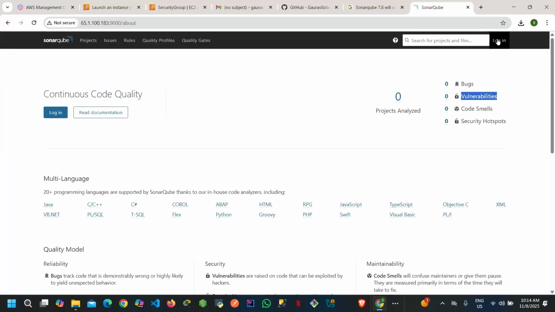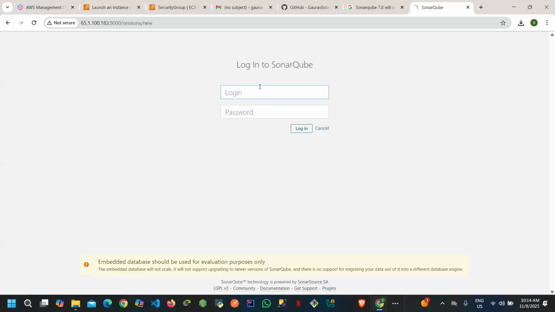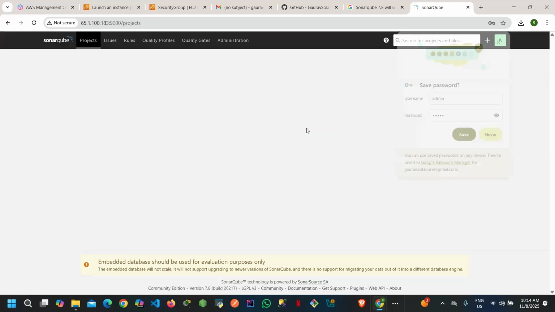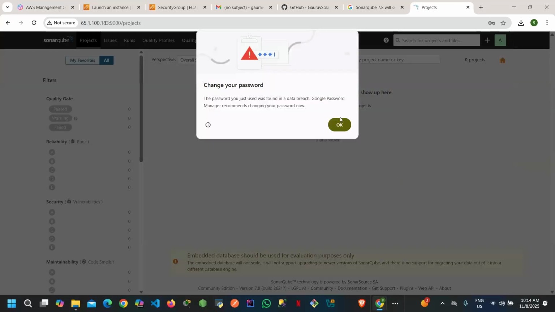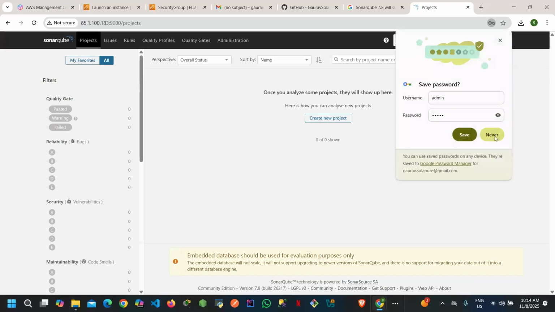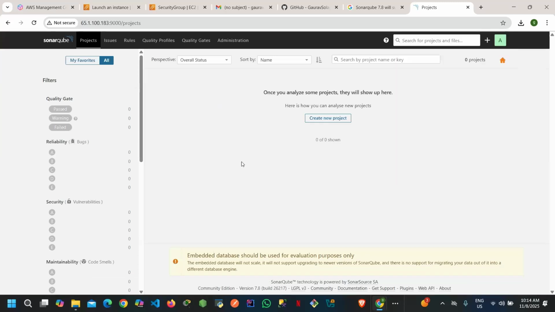Now let me log in. You can do it with admin and admin. Just click on login, guys. Right? Are you guys clear about this point? Everyone, this is our SonarQube, and this is our first